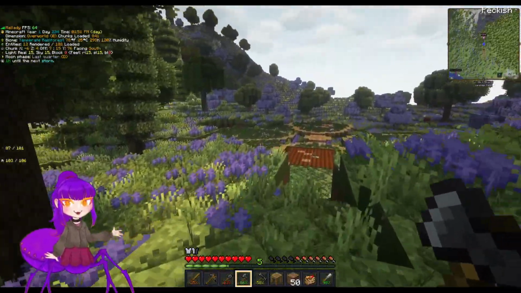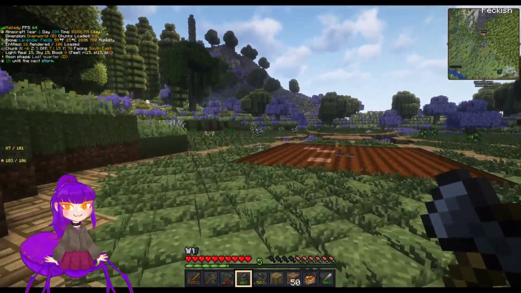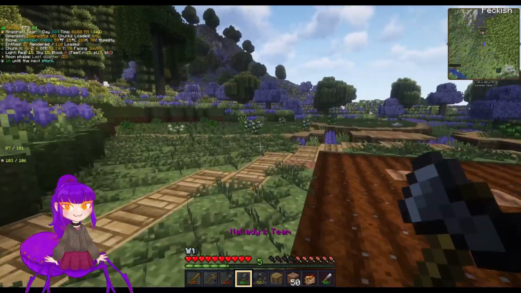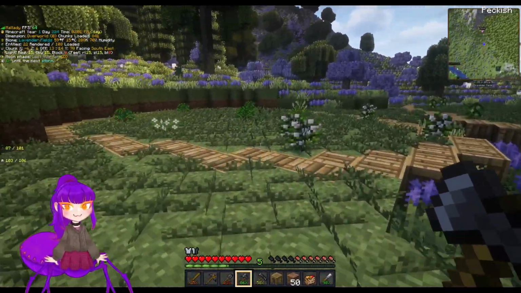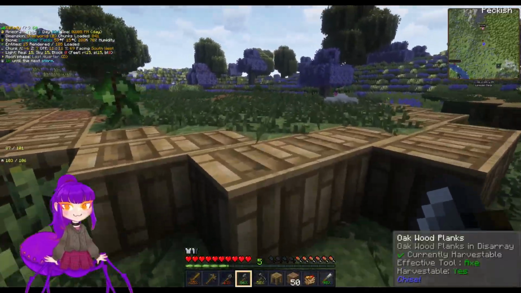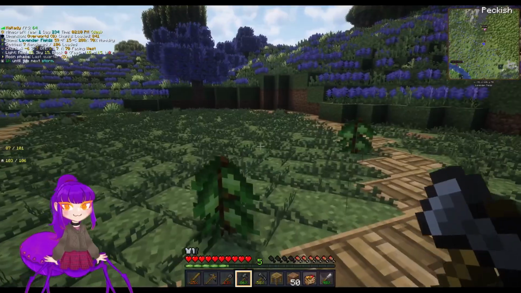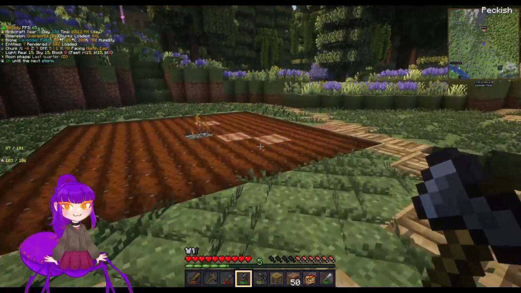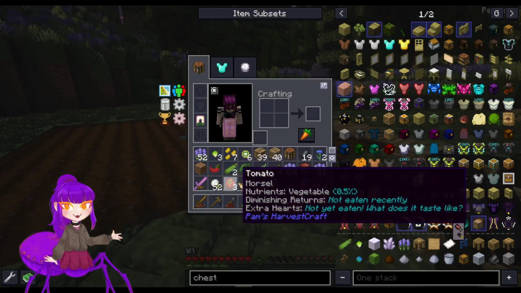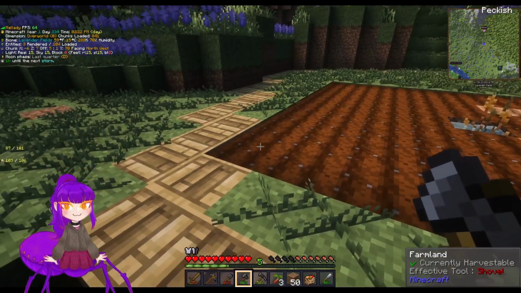I also placed down some of the gardens. You can already see them spreading. They just grow without having to have farmland. So I'm hoping that by the time we next look, all these gardens have spread out quite a bit. Now we can have a lot more food sources, because at the moment the only seed I'm really interested in is the tomato